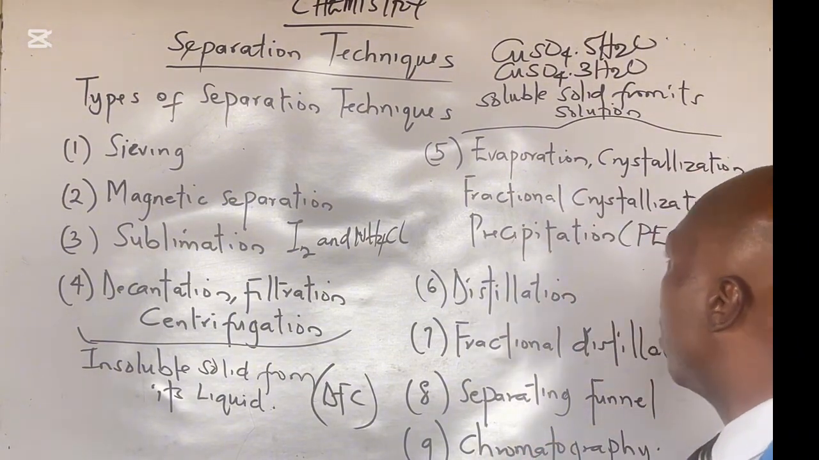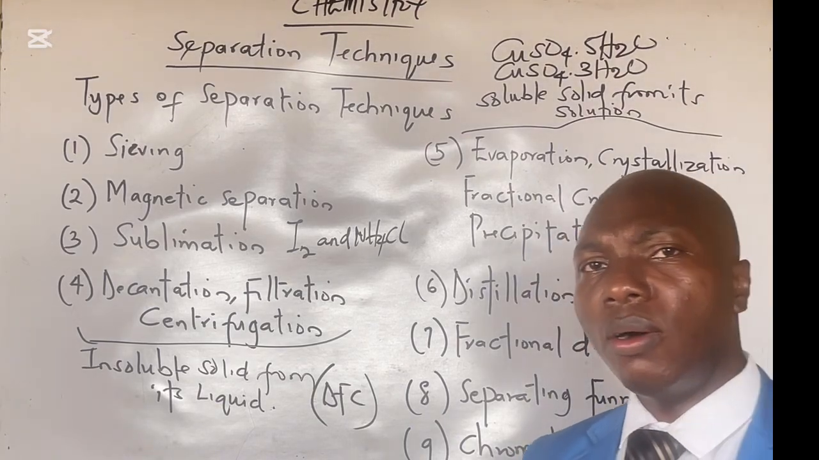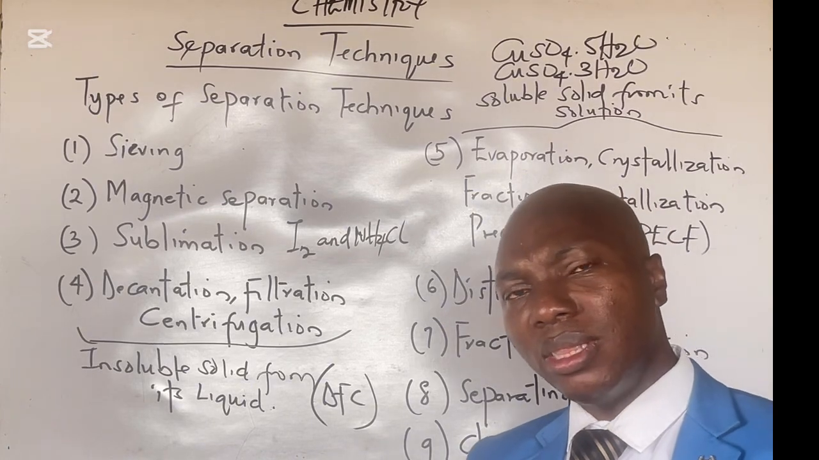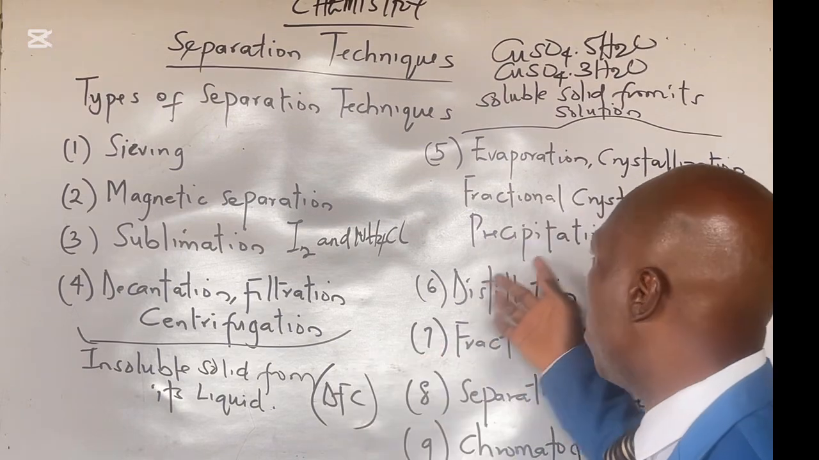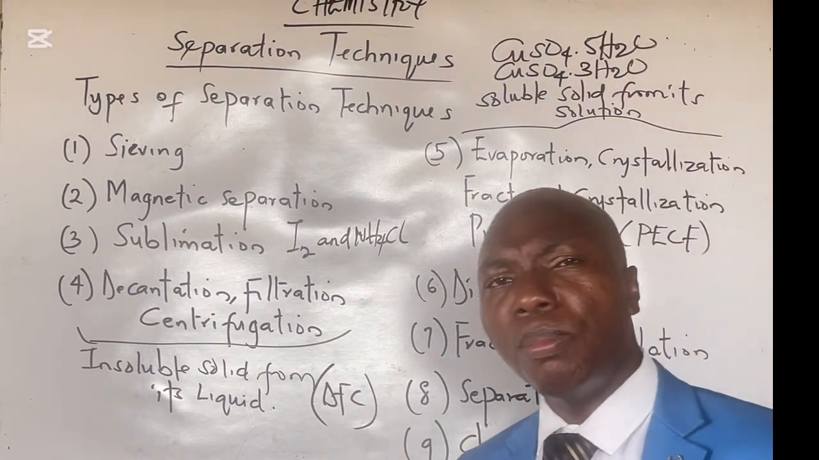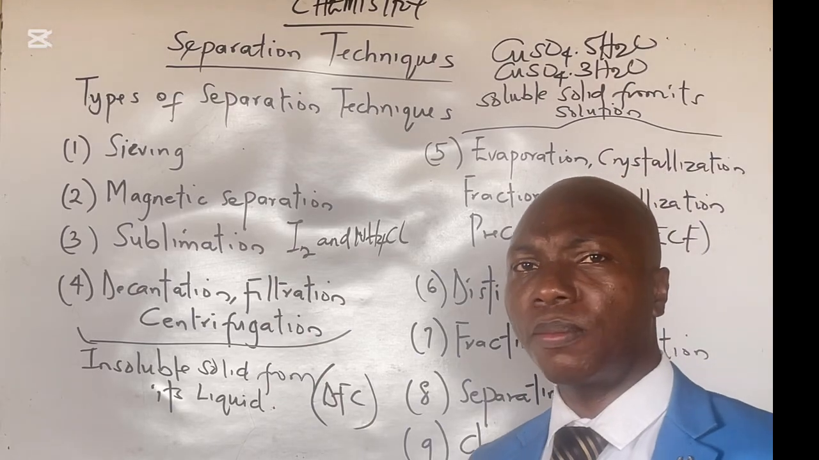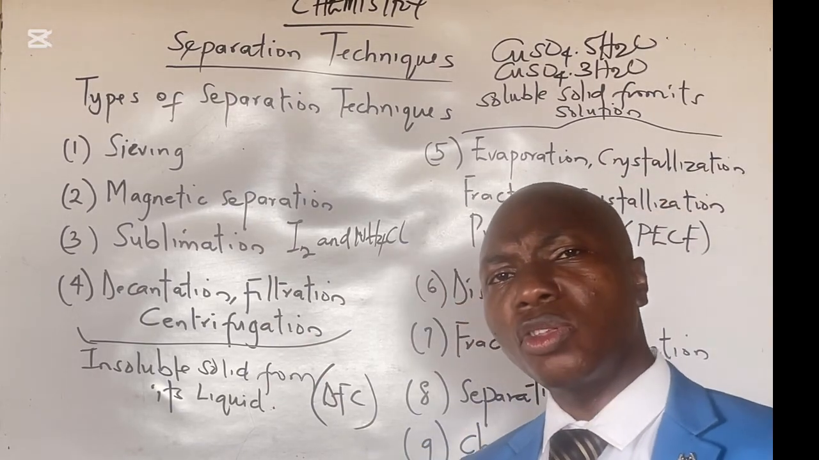Another one is precipitation. When they say precipitates, it means it becomes deposited. How can we separate by precipitation? How can you use precipitation in our separation techniques? For instance, you want to separate iron